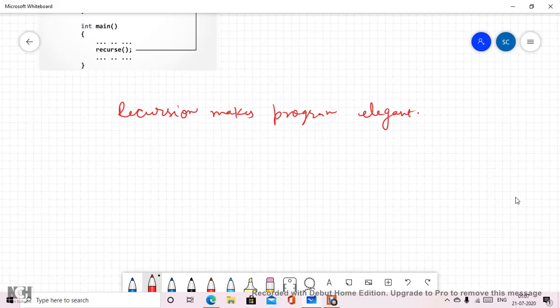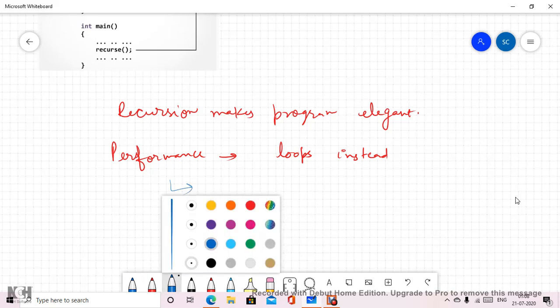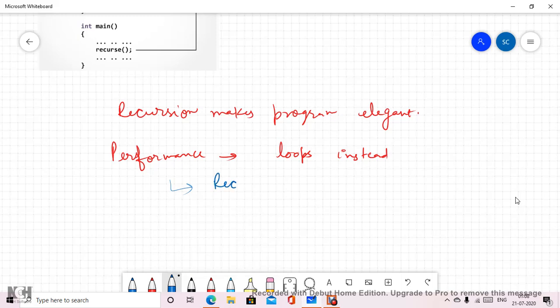However, when we are talking about the performance measure, when performance is vital, then we should use loops instead. The reason behind that is that recursion is much slower than loops.